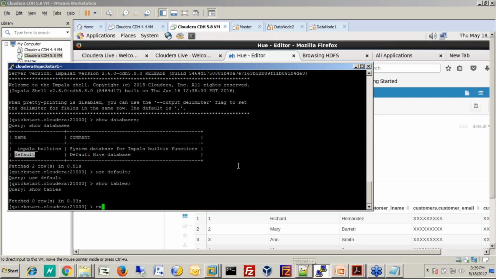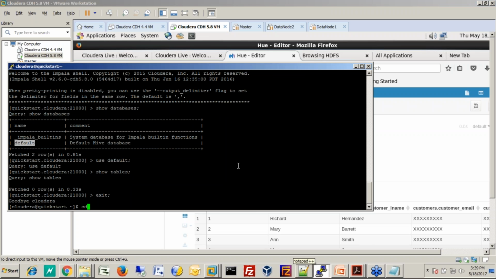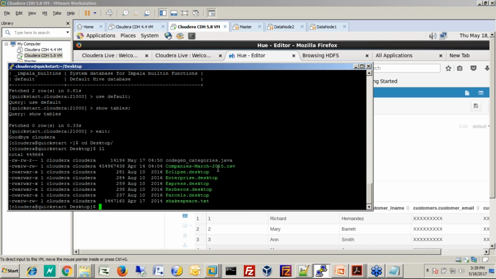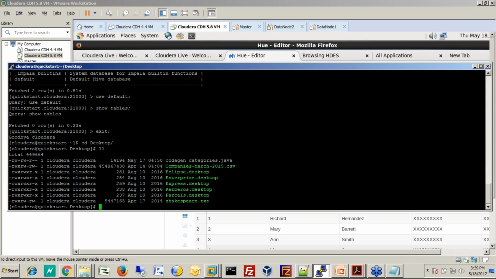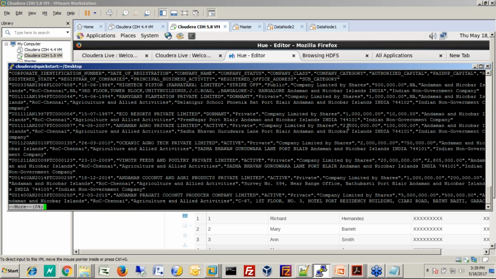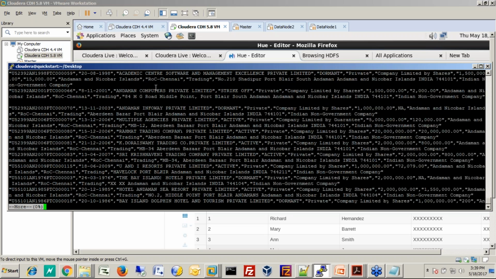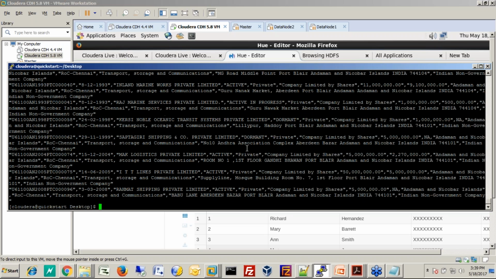very file. I'll show that file. It's on the desktop. And if you recall from yesterday, this is the company's master data file. If I do something like more on this file, this is the 450 megabyte file with about 13 columns. Now I could possibly do something like Hadoop